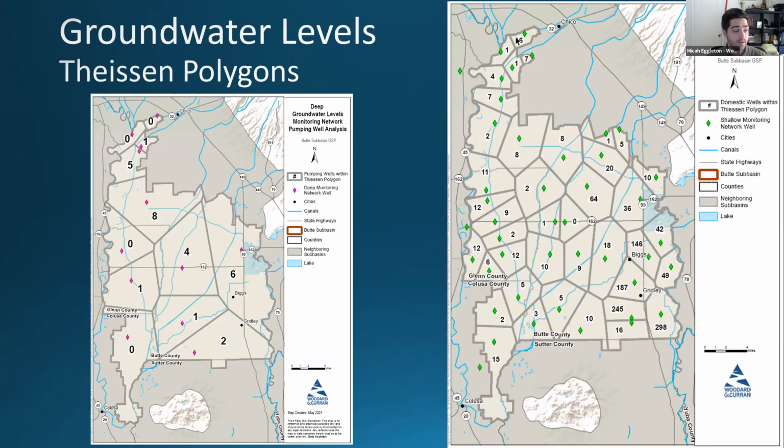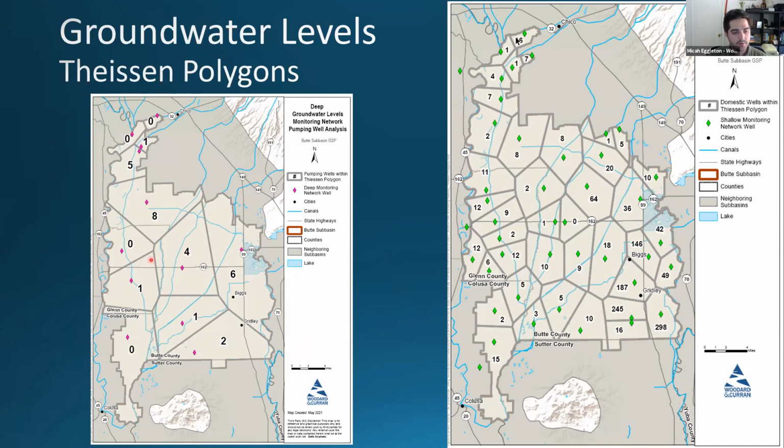So to go into a little bit about the minimum threshold, how those were calculated, and this goes back to the domestic well concentrations. So we calculate the Thiessen polygon of domestic well depths for each of the monitoring wells. So a Thiessen polygon essentially creates each of these, oh, and I should pull up my pointer. Yes. So if we look at this well with the 8 in the polygon over here and the well with the 4 over here, that means there are 4 domestic wells in this entire polygon. That means there are 8 in this polygon over here.